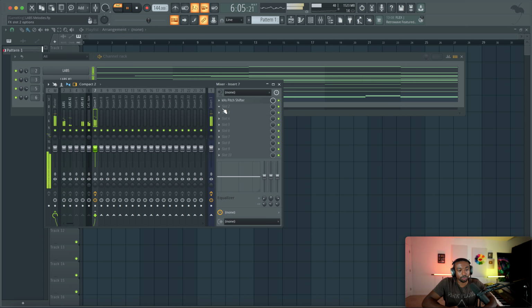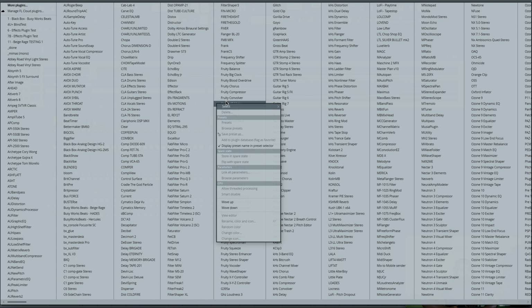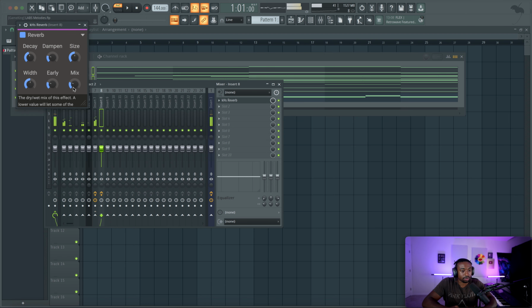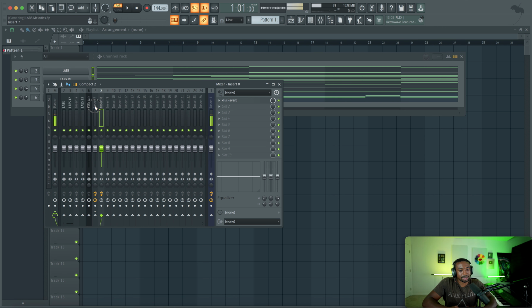I think a lot of people overly process. But let's open up another reverb here using the Kilohertz reverb. You could use any stock reverb. I'm just using Kilohertz for now. Create a long decay curvature, and then we're going to send the group over to the reverb. So now it feels cinematic.